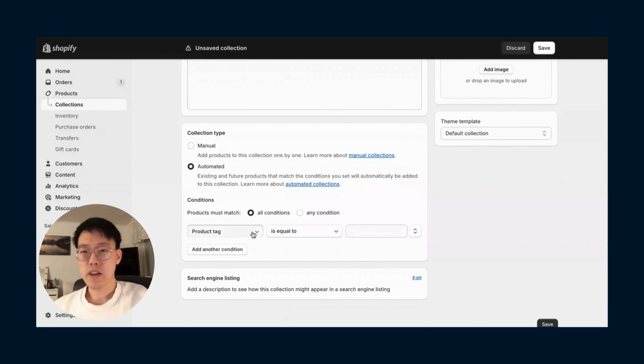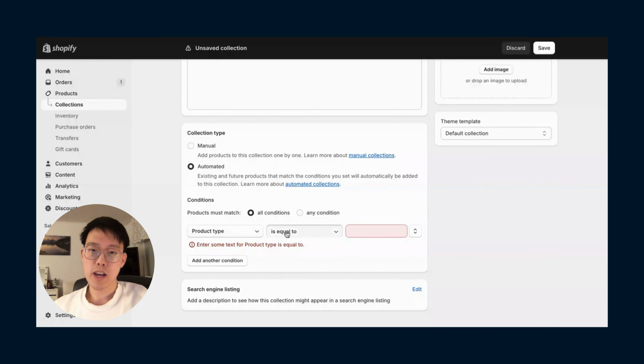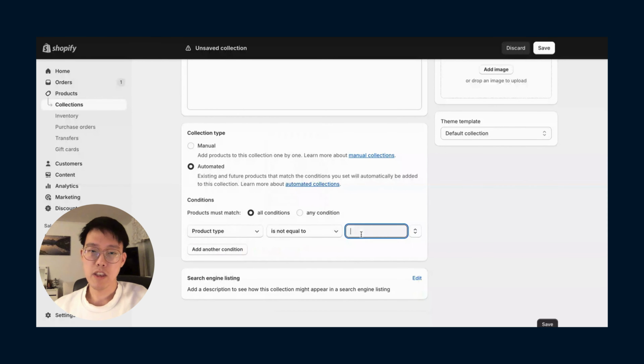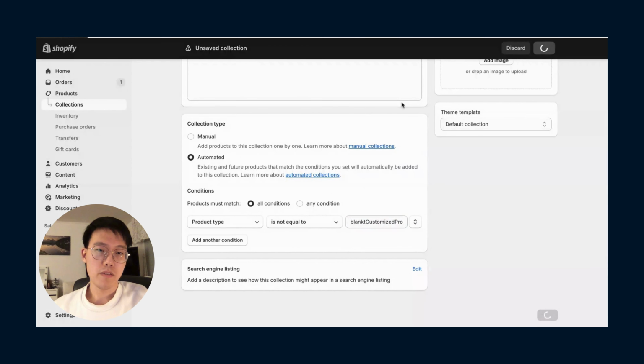And the condition that is crucial for our case is where the product type is not equal to blanked customized product, spelled out like this, blanked customized product. Then we can click Save,